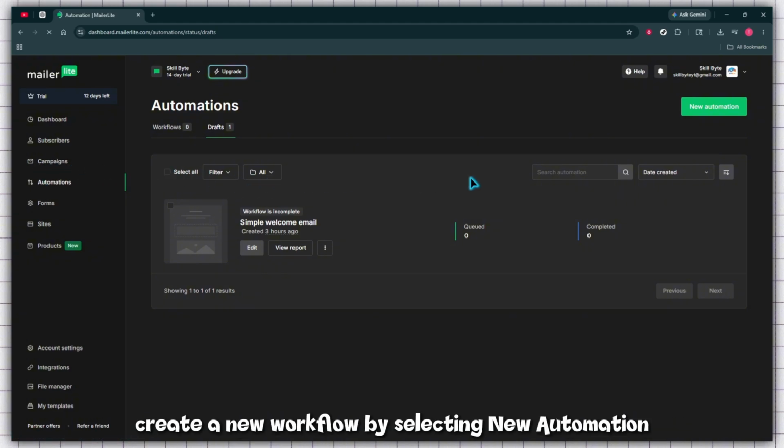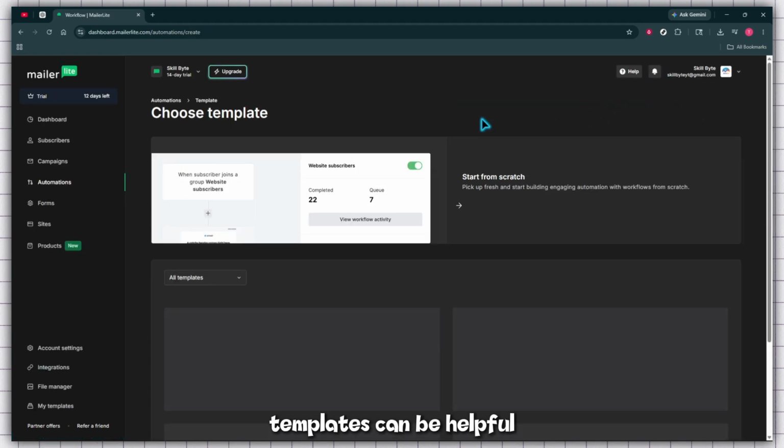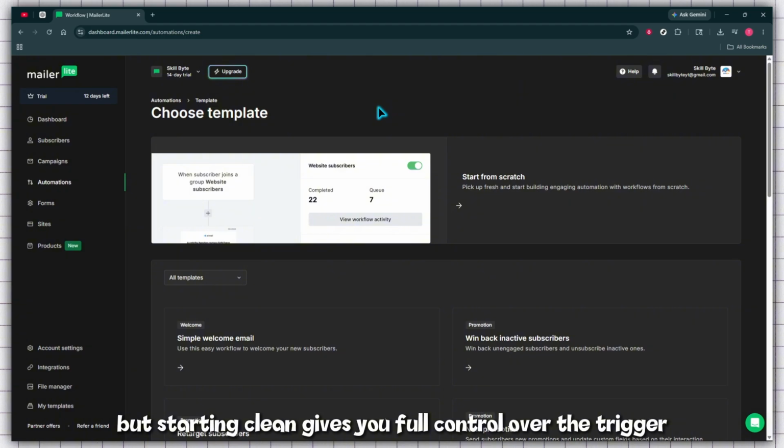Create a new workflow by selecting New Automation. You'll be asked how you want to build it. Choose Start from Scratch. Templates can be helpful, but starting clean gives you full control over the trigger and the